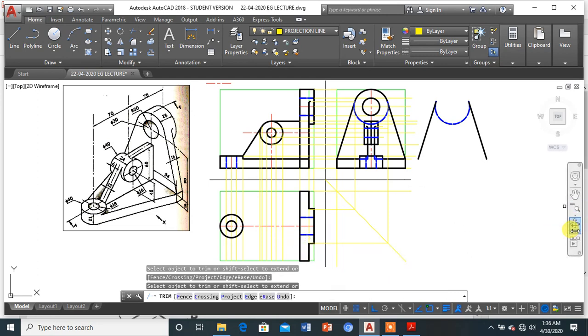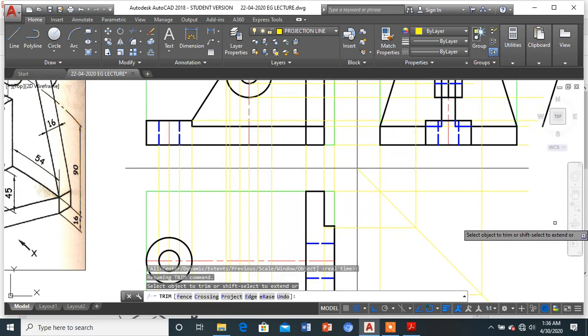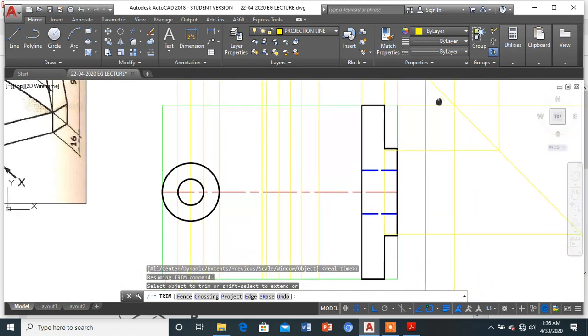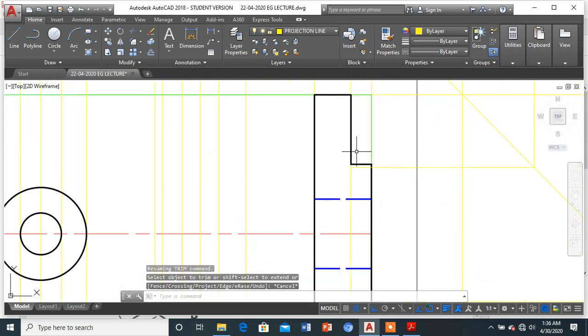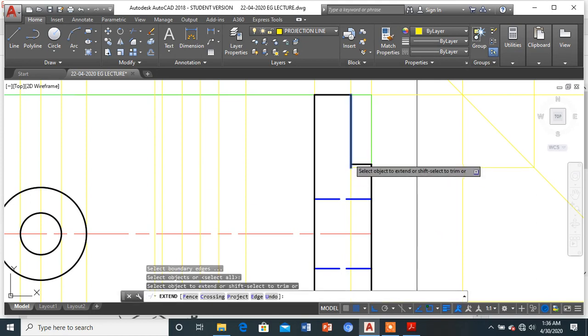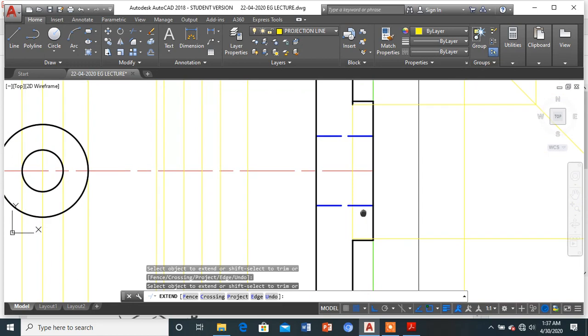Okay, so once we are done, let us zoom in and proceed further for drawing the tangent point. Okay, so as I have zoomed in, I can see very clearly. I can extend this line. One thing, I can extend this line as well.